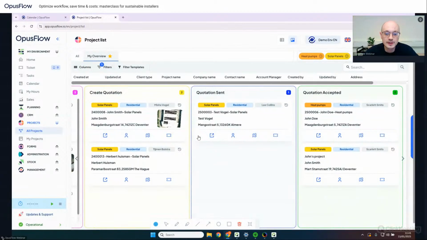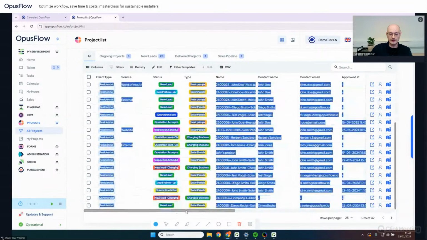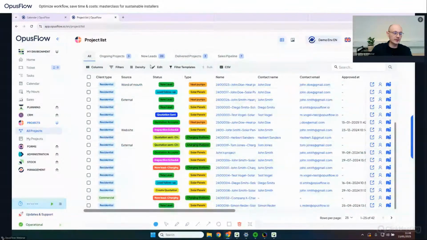Same can be done for your project managers or your financial teams, etc. But I can also imagine that as a manager, what you're interested in is seeing the greater picture. For this, we really recommend you to use the list overview. So what the list overview does, it shows you the data in a bigger data grid. And here again, you can